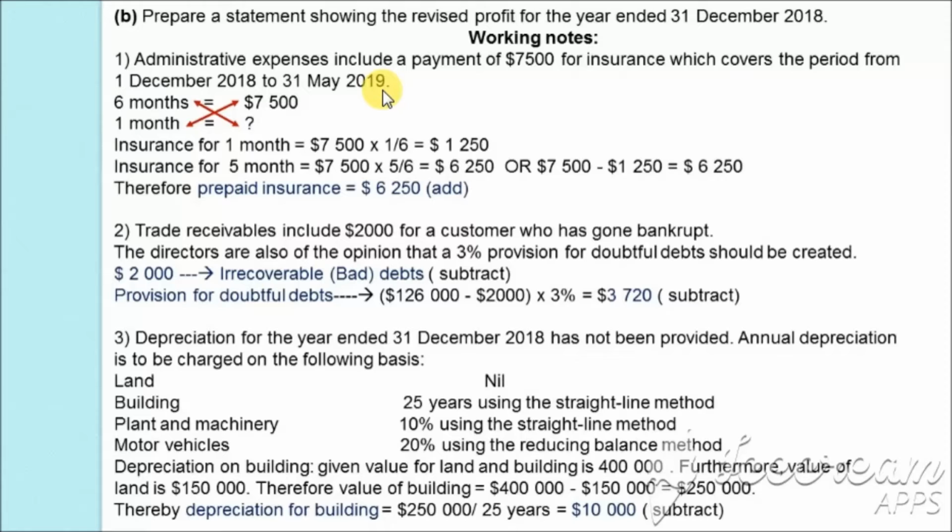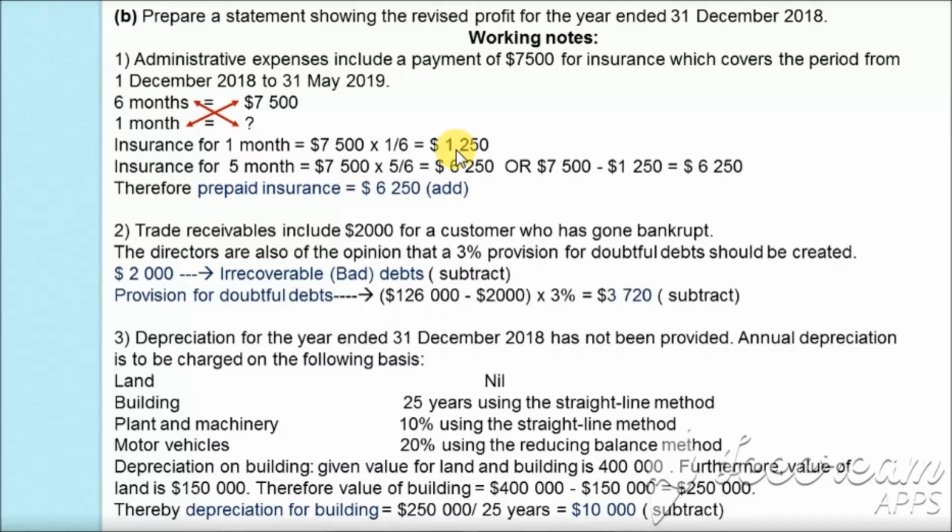However, here the expenses were overstated. So let's first calculate the insurance for a 1 month period. For a 6 month period, the insurance given is $7,500. For 1 month, how much? So for 1 month, when we cross multiply it, that is, we take 7,500 times 1 by 6, we get the insurance as